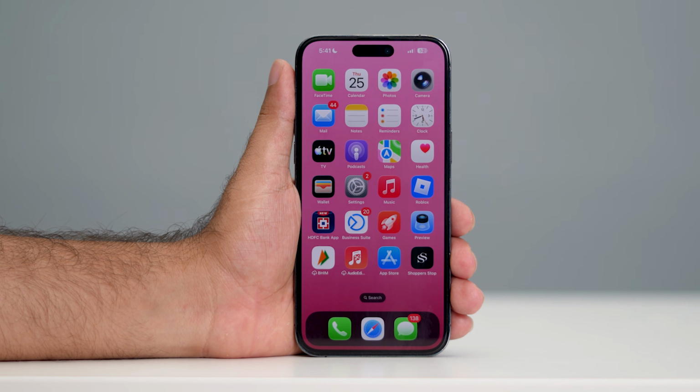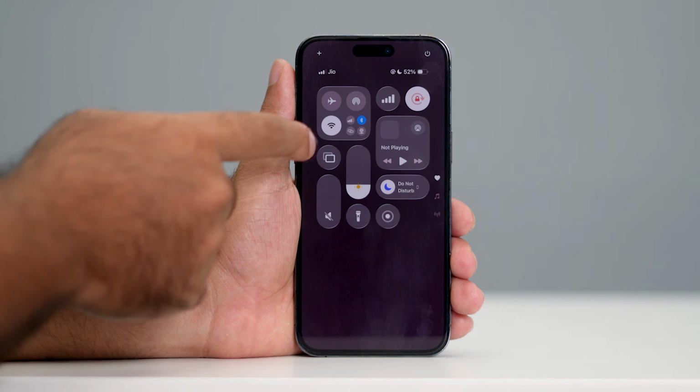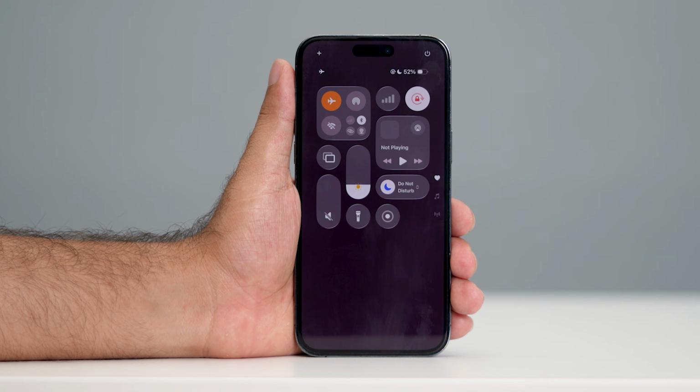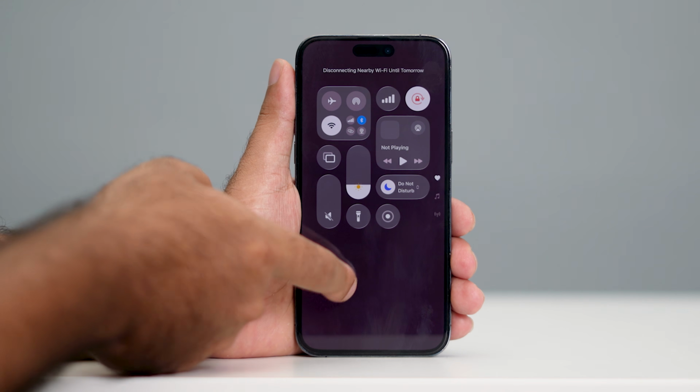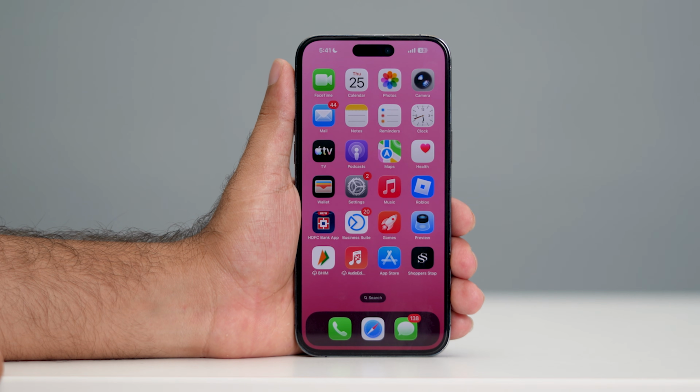So the first and most famous step is to go over here at the top and toggle on airplane mode and wait for a couple of seconds. Then turn it off and check whether it connects back, and check whether it works. If that is not working,